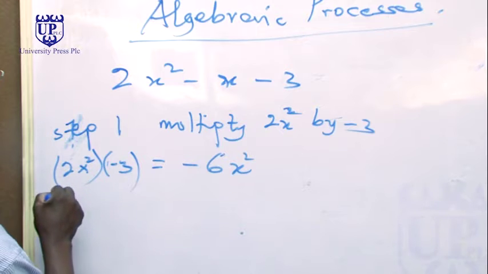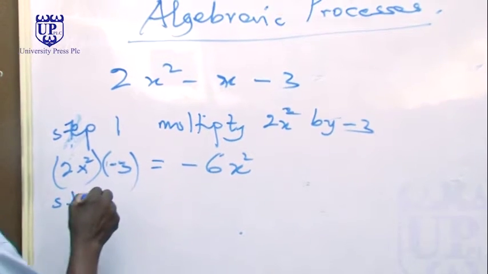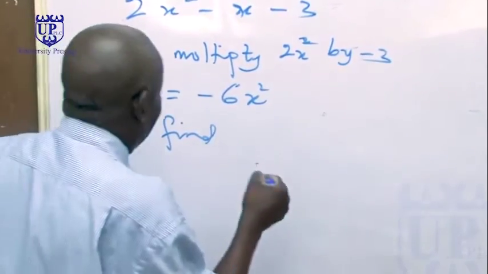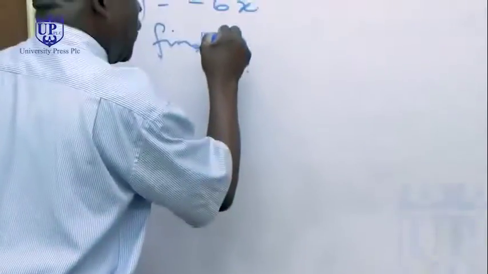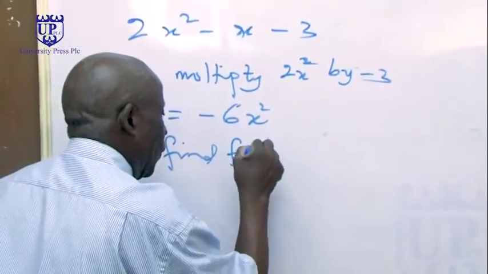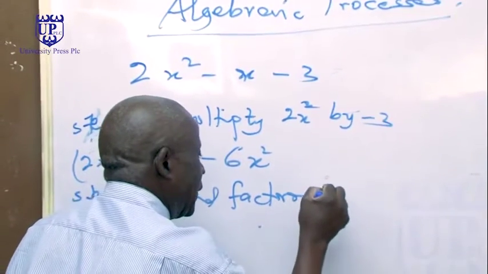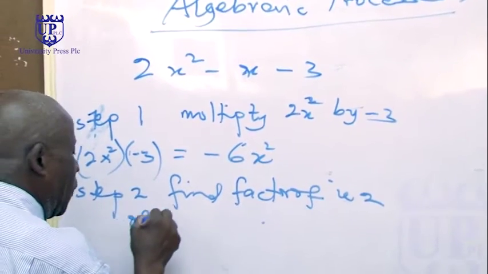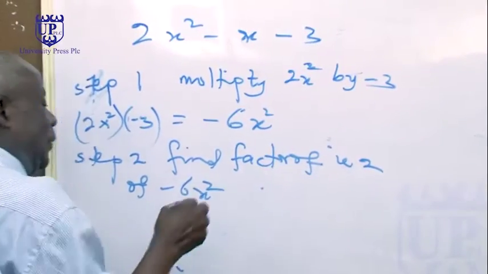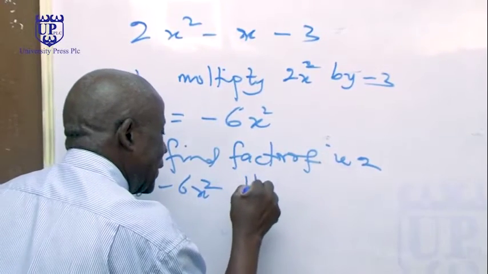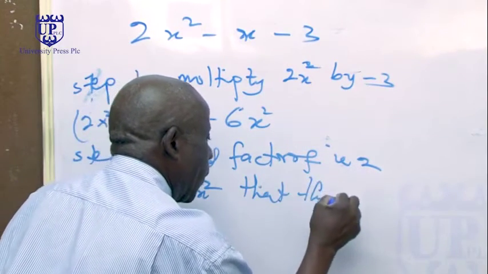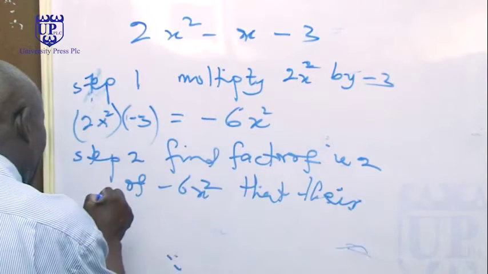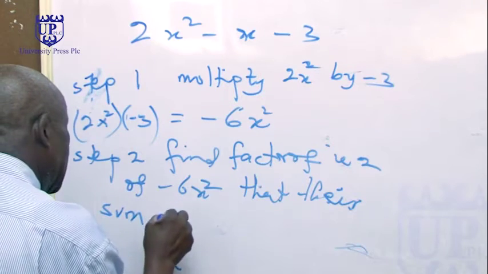Now the second step. Step 2: find 2 factors of minus 6x squared that their sum gives